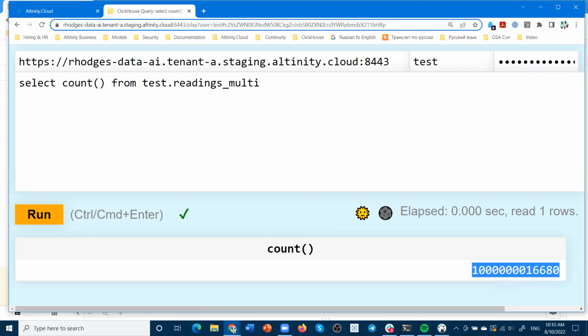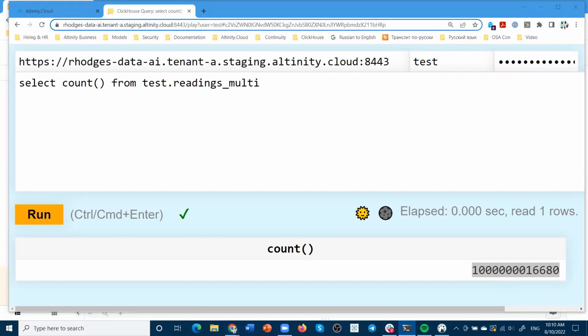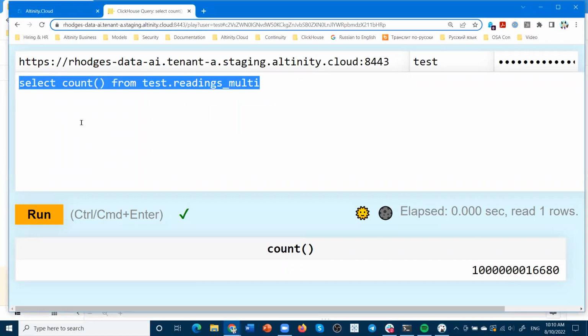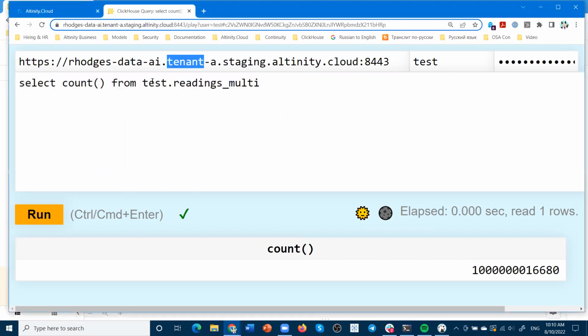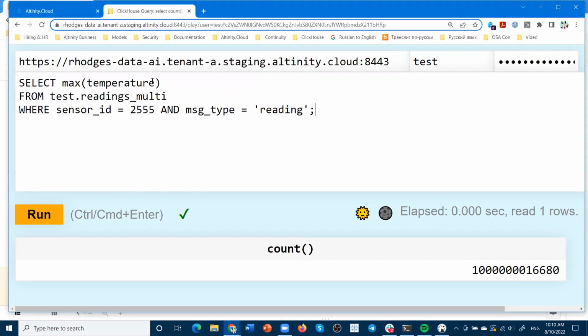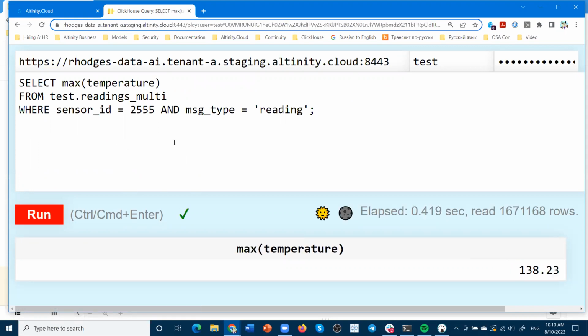So let's do some things on it. This is sensor data, basically temperature readings on sensors. It is a sample data set that we've generated. Let's run a query asking for the maximum temperature ever recorded by the sensor with ID 2555.